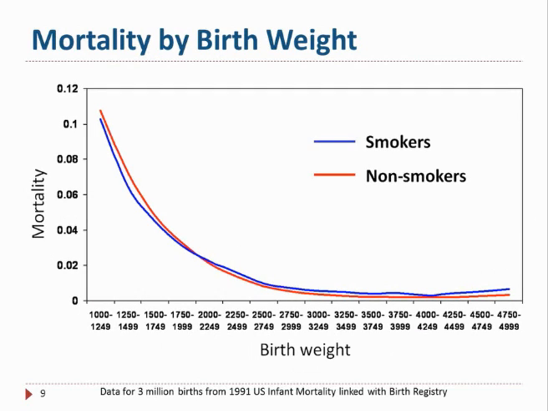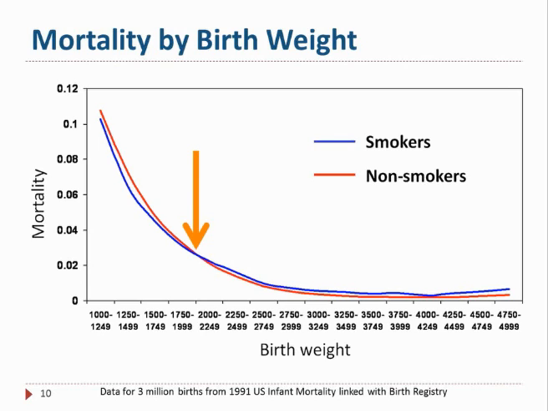But what we see is, this is birth weight across the bottom and the risk of infant mortality across. And you see the infants that are born at low birth weight have a much higher risk of infant mortality, as we would expect, and then it goes down as the infants are larger. But what happens is that the curves cross at this point. So all the babies that are born at very low birth weights, so the ones that would be at the highest risk for infant mortality,